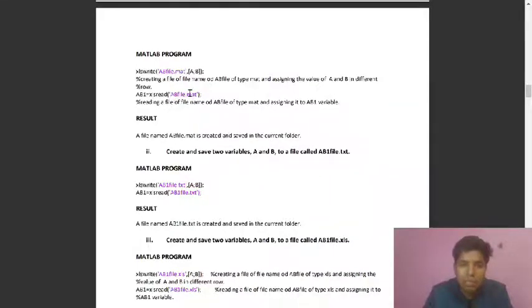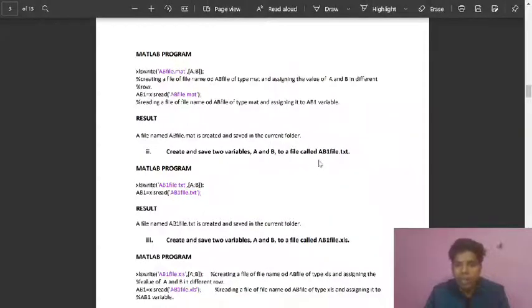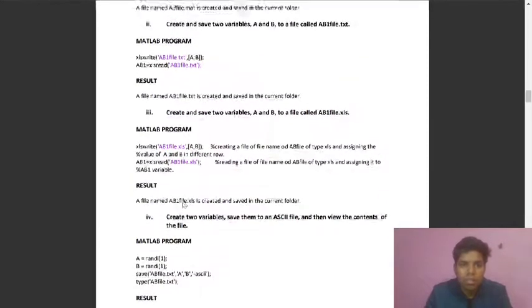And with xlsread, we are going to read the abfile that we saved in the MATLAB repository, and we are going to save it as the variable ab1. As you can see, reading the file named abfile of type mat and assigning it to the ab1 variable, we can see we saved the file successfully and read it successfully from that folder in MATLAB. After that we have to save two variables a and b, similar to this case, as a file in text form. Here we saved in mat form, now you have to get the txt extension.